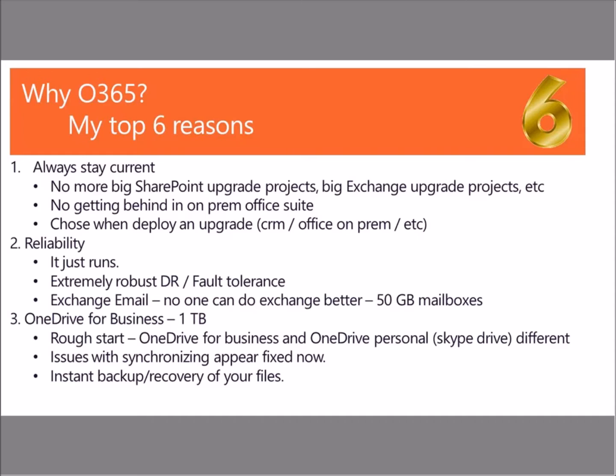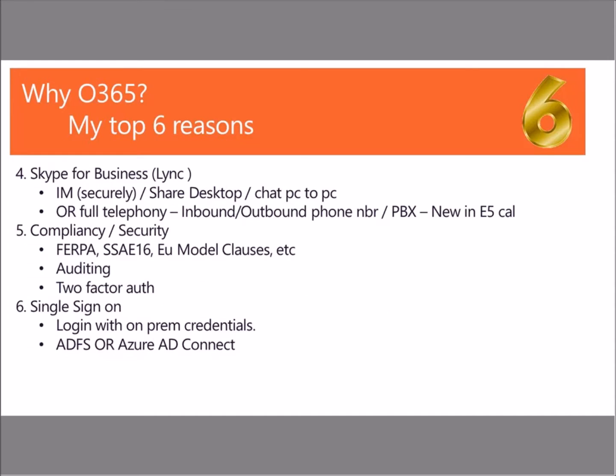It's an instant backup strategy. So if my laptop were to fry, well, in my case, I would actually use my home PC. As soon as I save a file on my Surface, it goes to the OneDrive cloud, and it's synchronized on my home PC. So I actually have 2 laptops that are literally in sync. I can work on a presentation at work, save, close my Surface, leave it here at work, go home, and continue the presentation on my home PC. So OneDrive for Business, I think, is super neat. I think they finally got the glitches out of it. And it's my 3rd reason for Office 365.